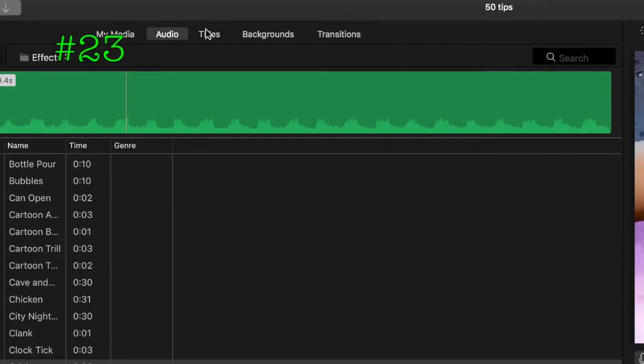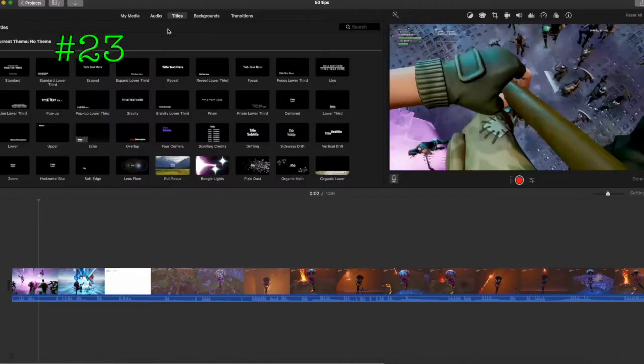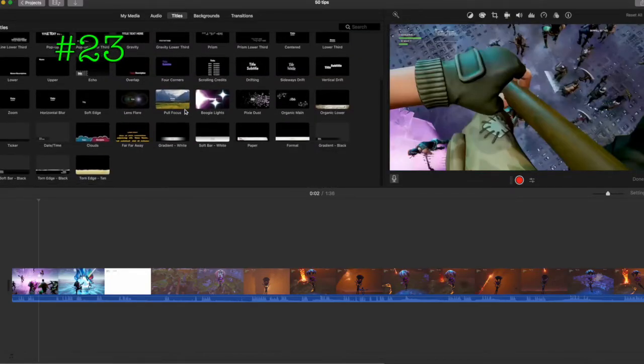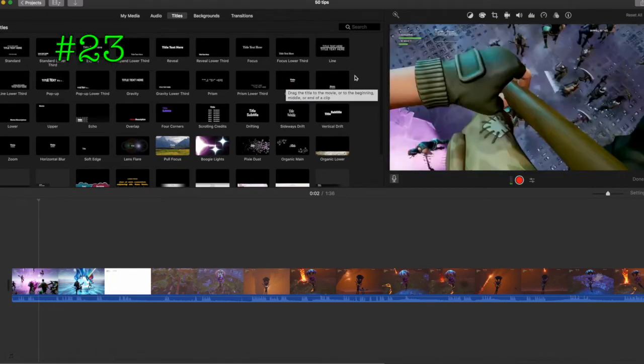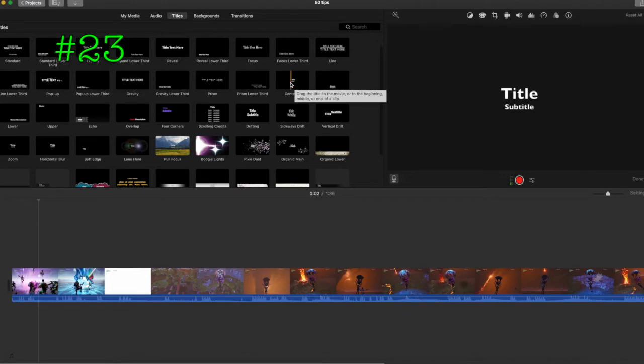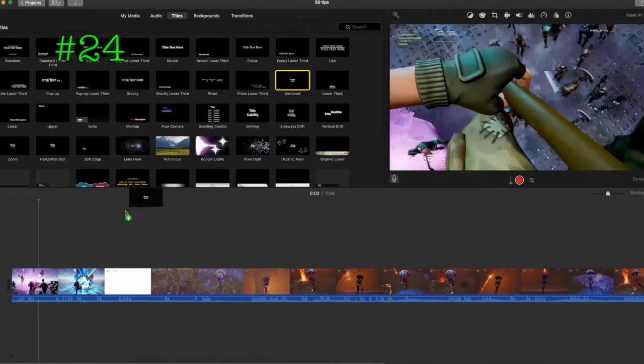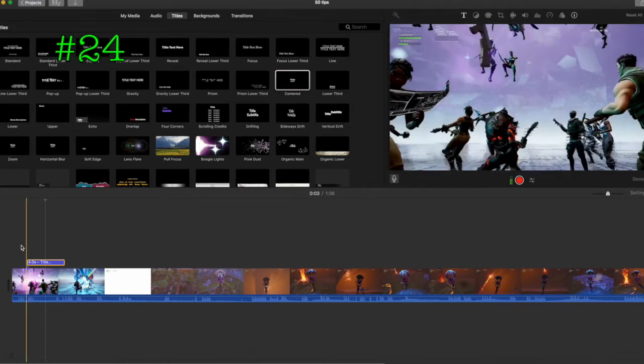Now moving on to our titles area next to audio. Titles is basically all of your text that you can import in, and the one I like to use is called centered, and basically it's just a text that appears in the center of your screen, and what you've got to do is you drag it above your clip this time. Unlike the audio where you drag it below, you drag it above it,